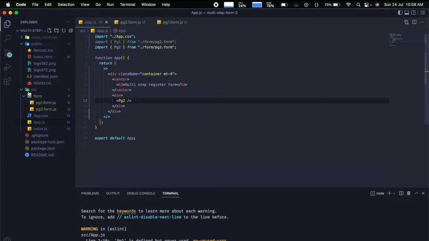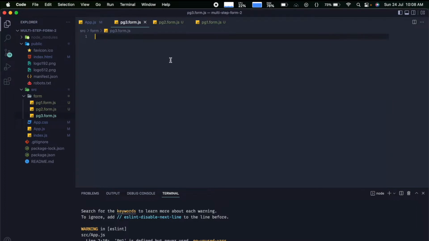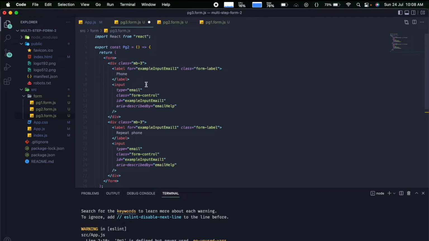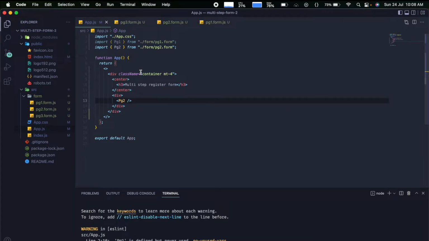The third questionnaire, so the third page, pg3.form.js. I'm going to copy everything from page 2 and paste it in here, and make this page 3. In page 3, the questionnaire is password and repeat password. Yeah, we have to repeat the password. We usually ask to do that. We never ask to repeat phone and repeat username, but just to create more questionnaires, I did it. Anyways, so in here,